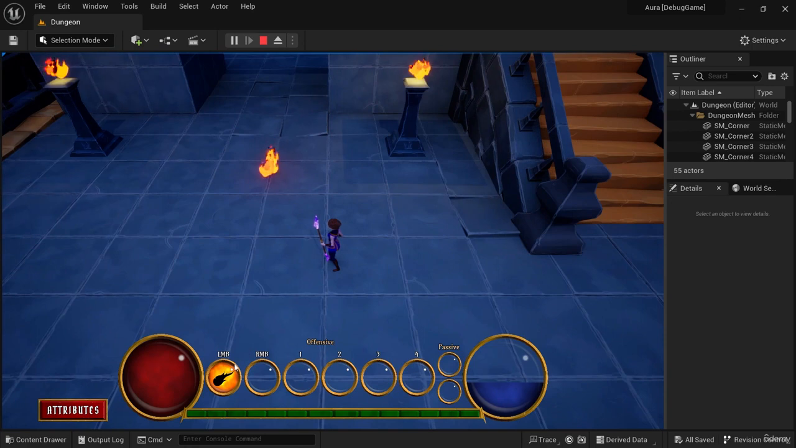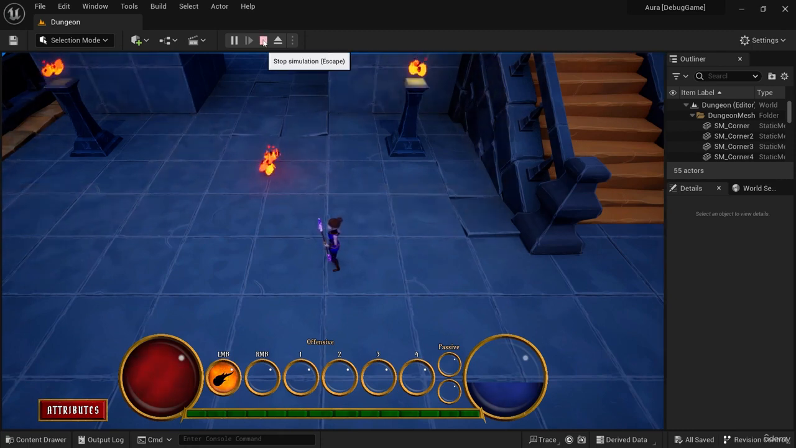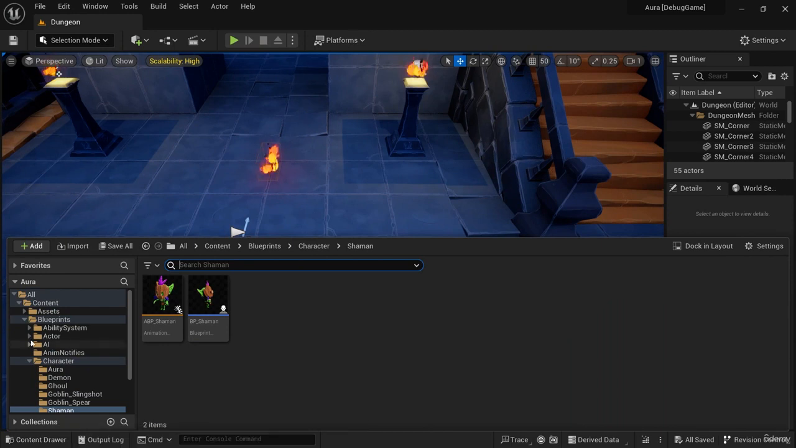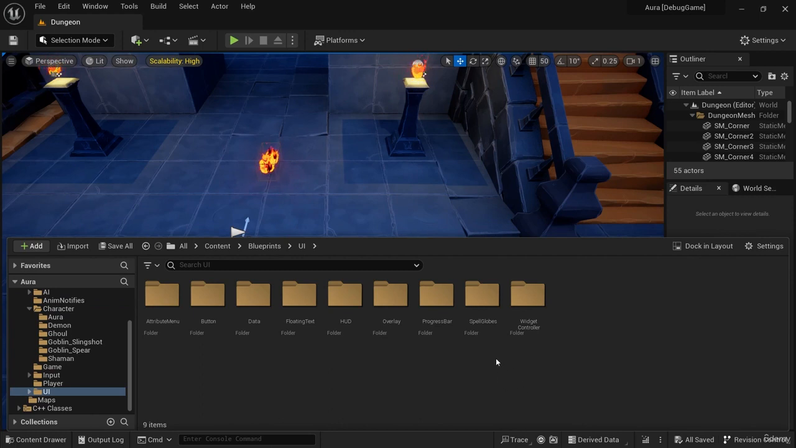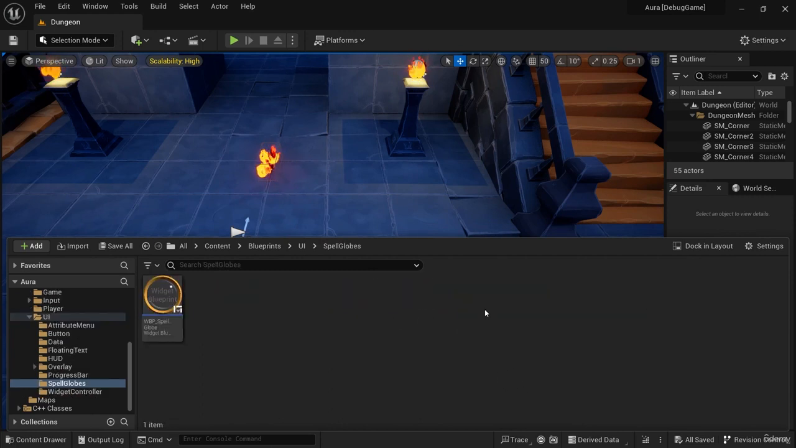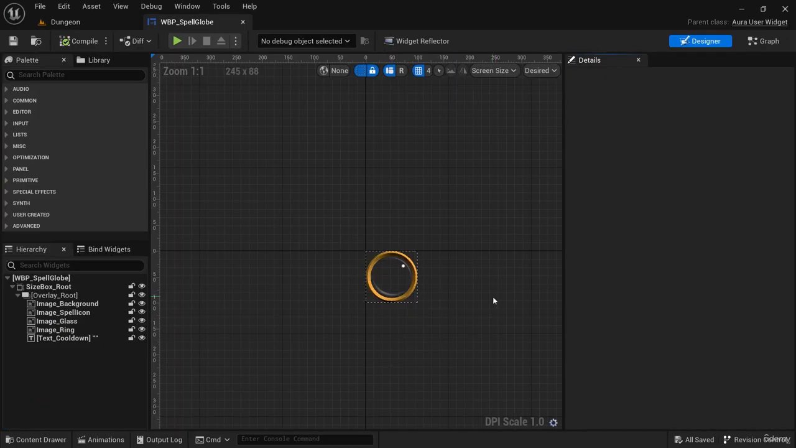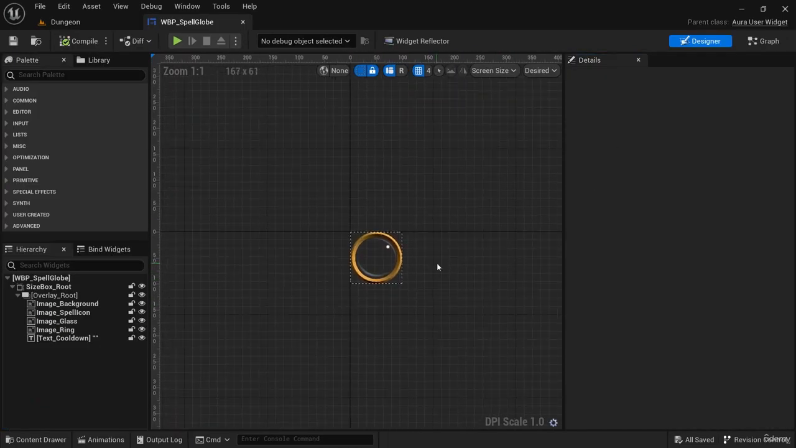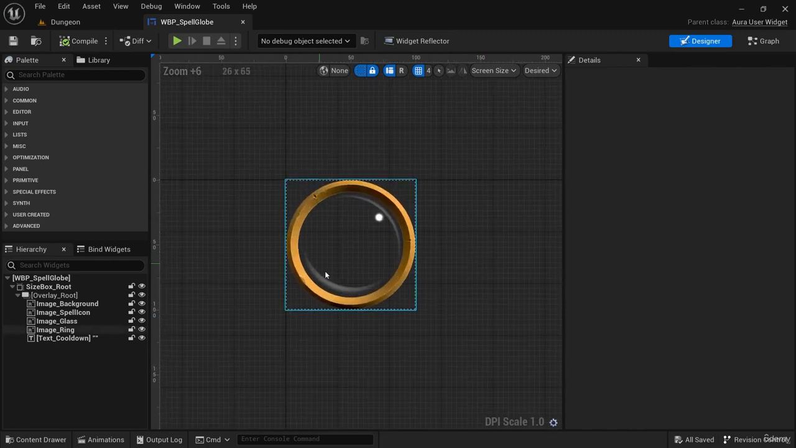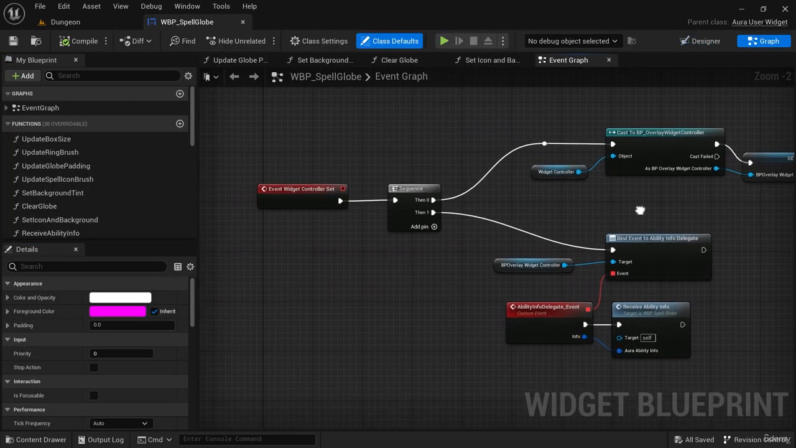Now, there are ways to query your active gameplay effects to see how much time is left on their cooldown, so we'll be looking at that. But we're going to need a way to query that from within our globe widget blueprint. In other words, if we go into UI and into spell globes, here's our spell globe widget blueprint. We're going to need to be able to respond somehow to our cooldown here, so we can set properties from